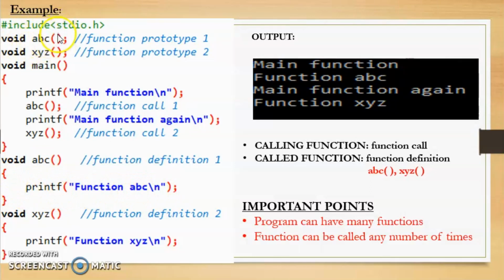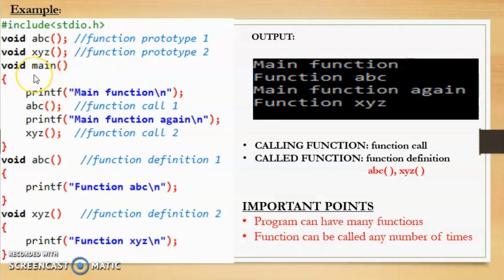There are no parameters. So nothing will be written inside this round brackets. Then we have written void XYZ because this function XYZ is not returning any value. So the return type will be void. Name of the function is XYZ. There are no parameters. So inside this round brackets, we won't write anything. So both these are the function declaration or the function prototype. So whatever I've written here are the comments so that you all understand the code.